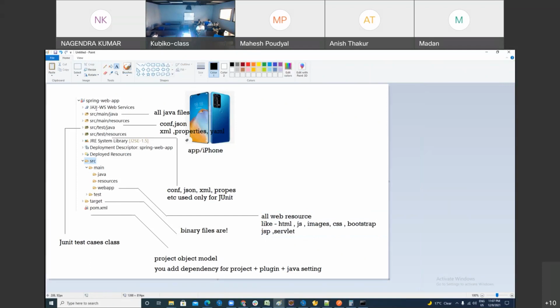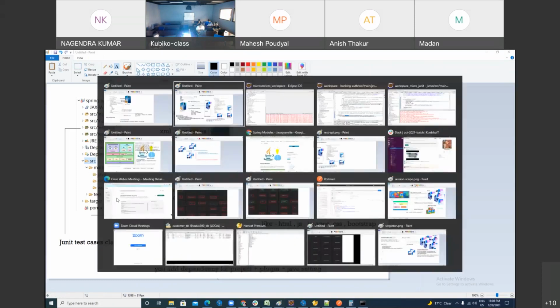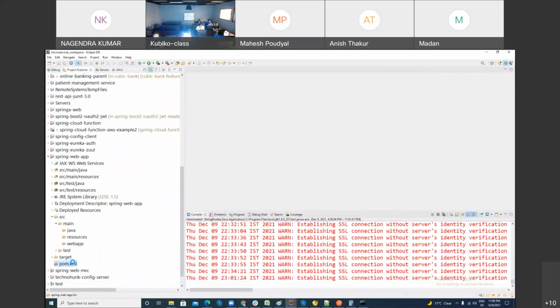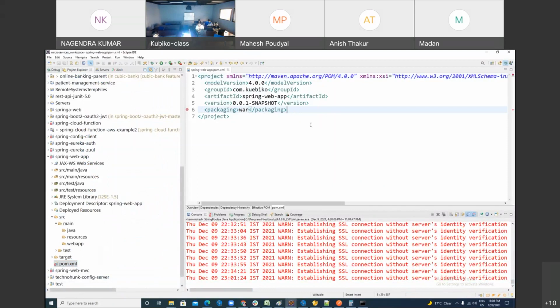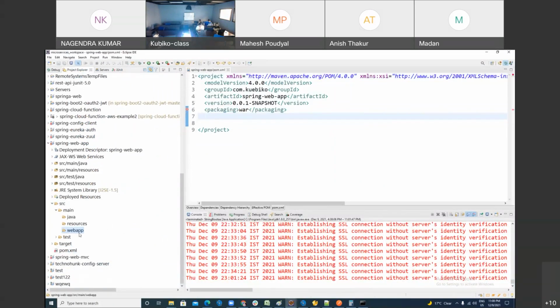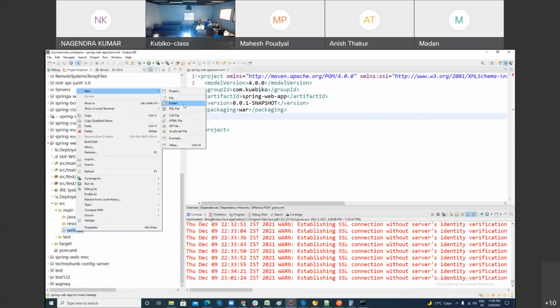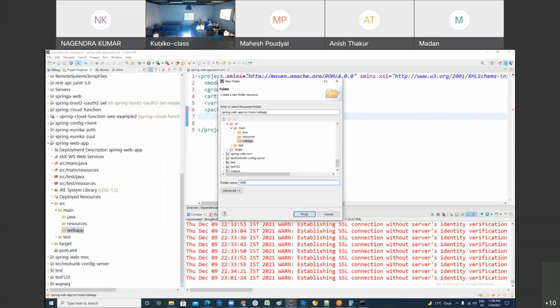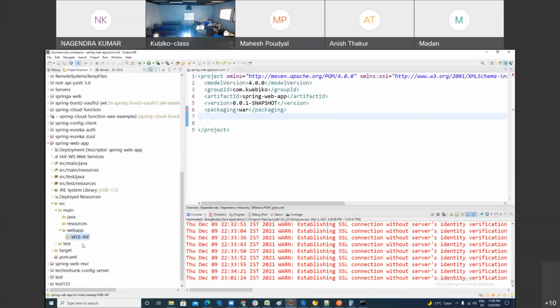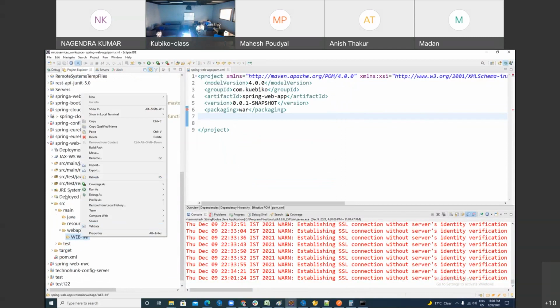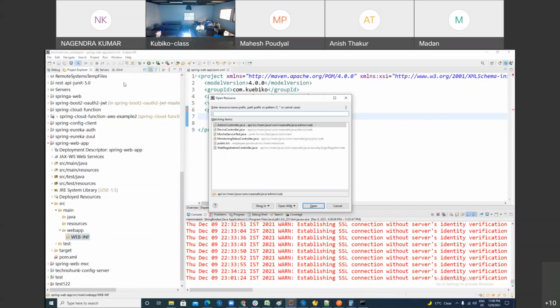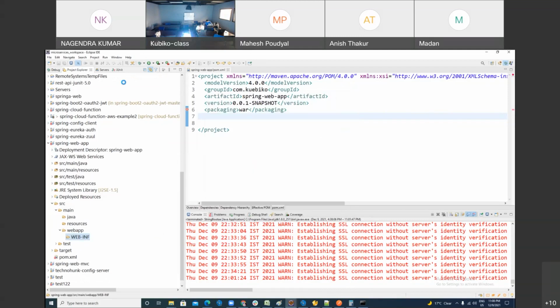So the next thing I'm going to do is open my pom.xml file. First of all, if you put your mouse on it, it's saying web.xml is missing. It is a web project and you don't have a web.xml file. So what can you do to overcome the error? There are many ways to do it. I'm creating a folder inside it, and in this you can create a file. Which file? The web.xml file.